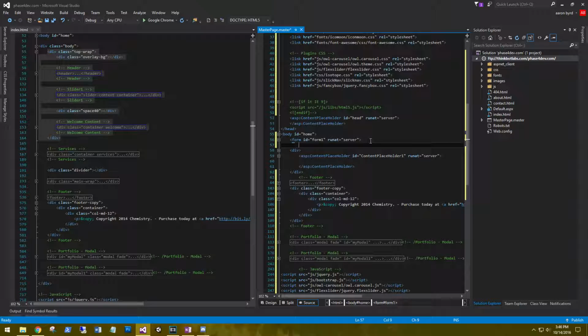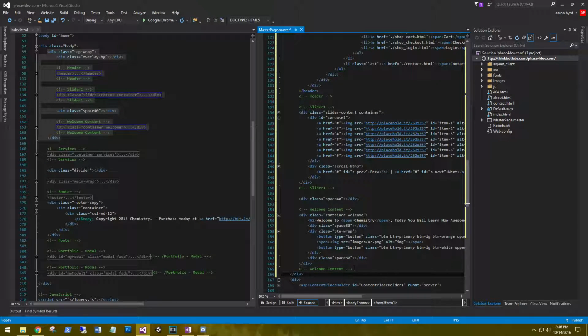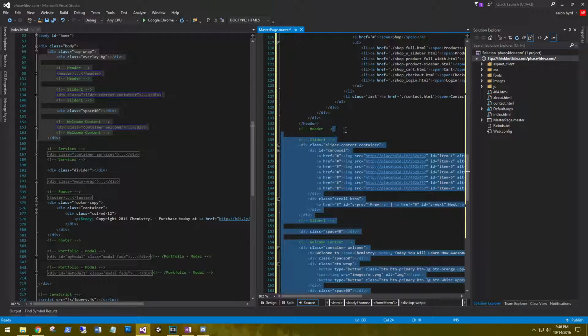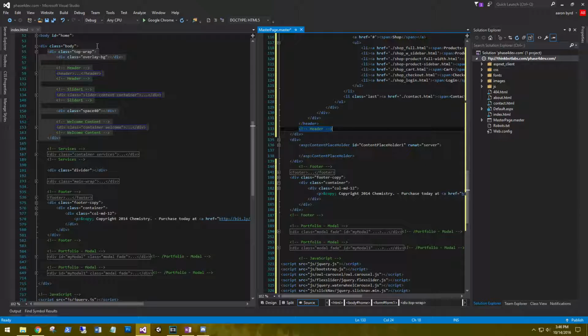It's right inside the form. Every page has to have a form. Okay, I'm going to take the welcome content out of here and the slider out. I basically did that because I wanted to retain this top div in CSS. Okay, we got the space. Make sure we have right below the main wrapper services,